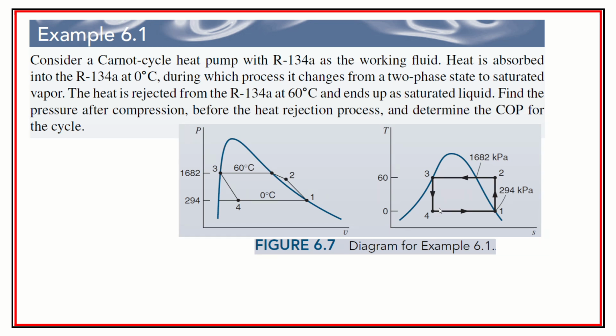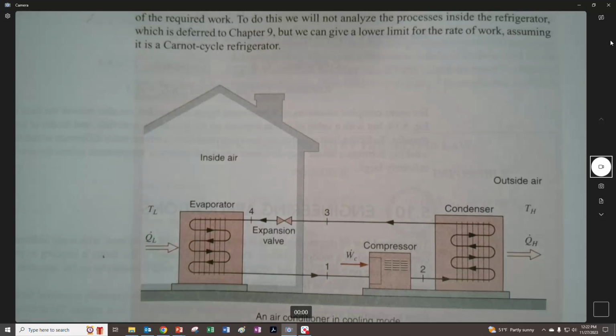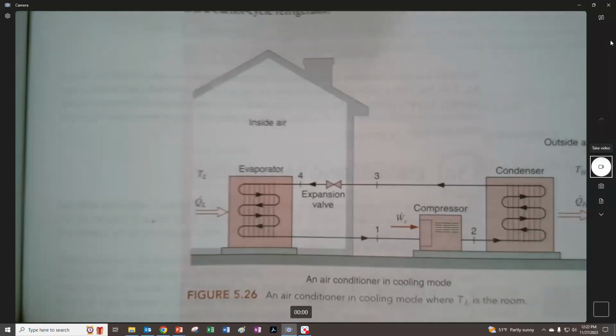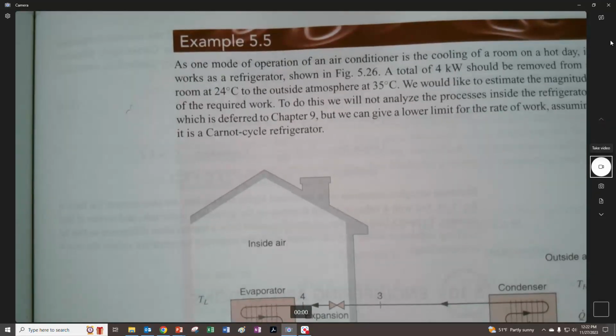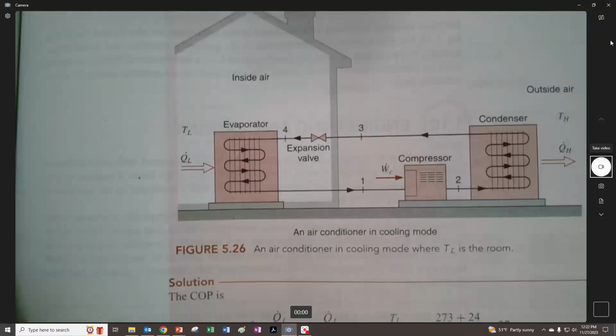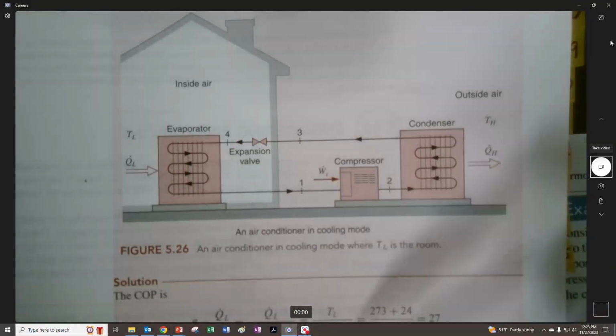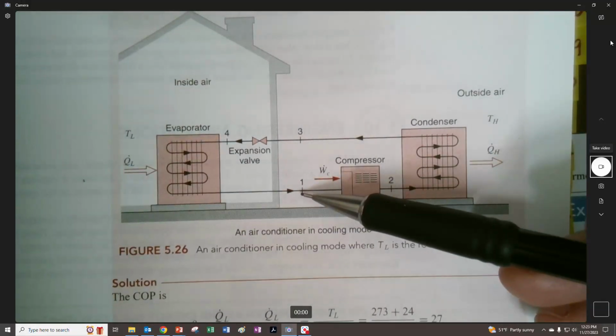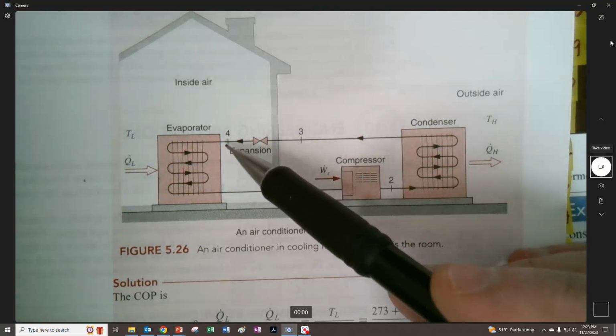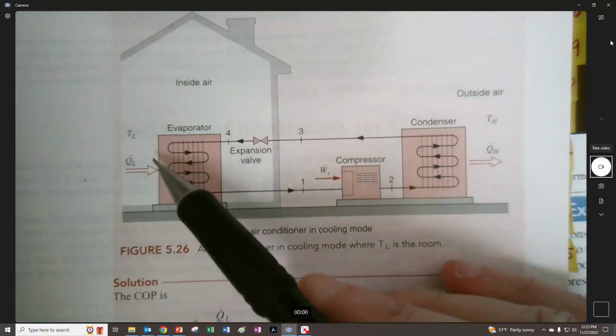So let's take a look back at a figure that describes our process. That can also often be a useful thing. So here is an example. This was 5.5, where we had this. So we were coming from, and I have my pages marked here, so I'm taking my pencil out. So we're starting at 1 right here, all right? So we went from 4 to 1, and this is where